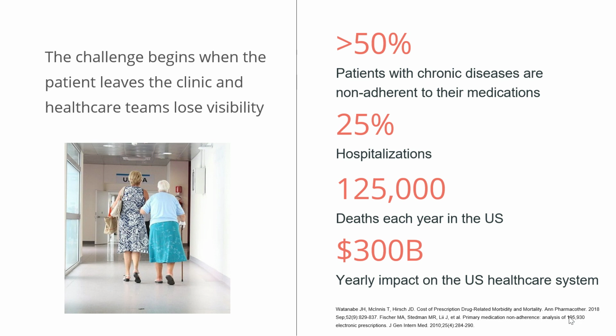Whether they have complications with accessing the therapy, with insurance coverage, transportation to pick up the medication from the pharmacy, or actual side effects, complications, and other areas along as they're going through their journey, which leads, and actually data demonstrates that over 50% of patients stop taking their medication 6 months after the diagnosis for patients with chronic conditions and are non-adherent, meaning they're not taking the medication as prescribed,